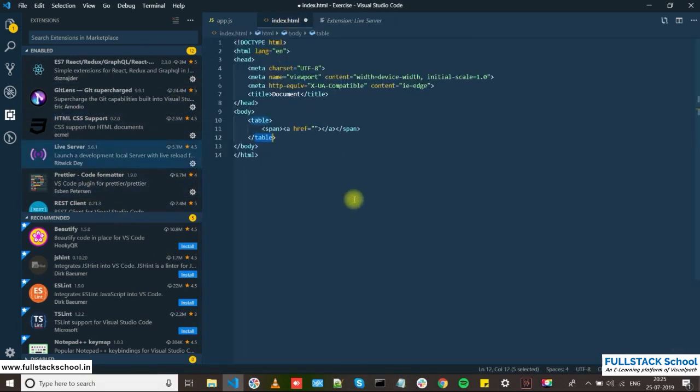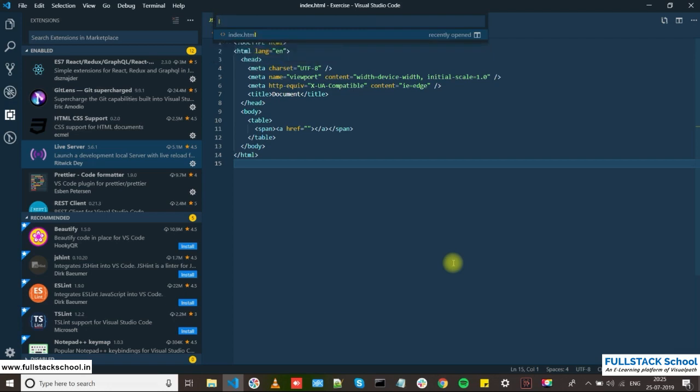Just go here and press Control S, it will save it. So at the bottom, if the live server is properly configured, it will show here once we start it. I'll show you guys how. Press Control P and Control Shift P is the right one. Actually, Control P is for finding the files. So Control Shift P,